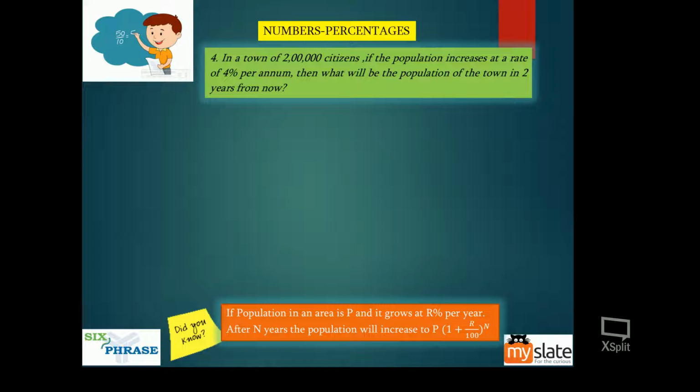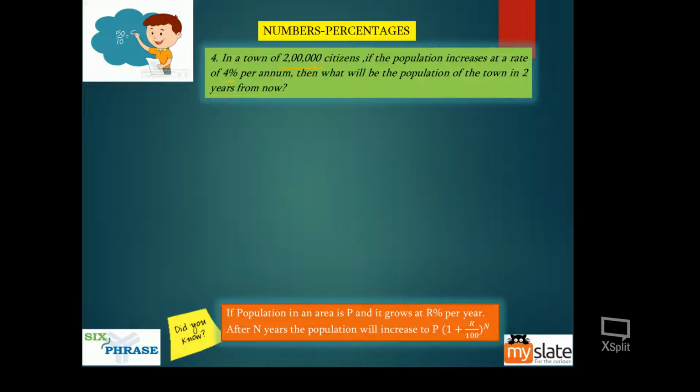Okay, so I told you how to find it, right? Find 1% and multiply it by 4. What is 1%? 1% is 2,000. Correct? The decimal point should come 2 places to the left. Remember, 10% is 20,000. So 1% is 2,000. If 1% is 2,000, what is 4%? 4% is 8,000. So after 1 year, today is August 15, 2019.